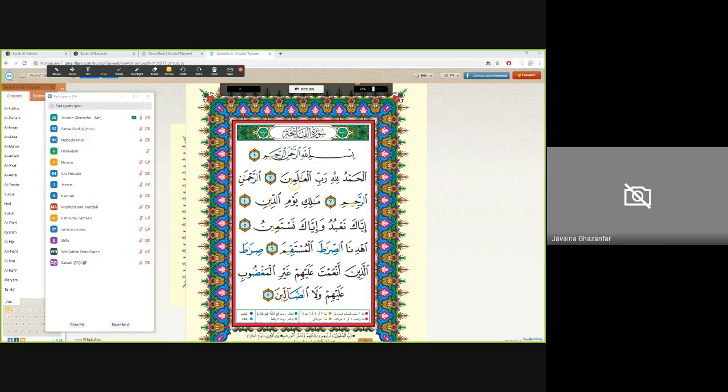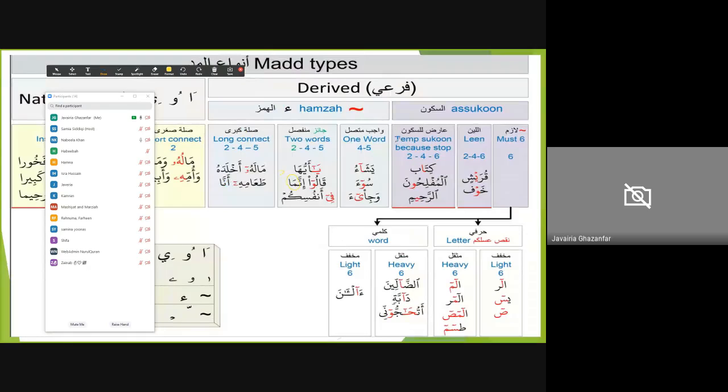Very good. So this meme kasra ya sukoon is a natural one. Very good. And if I put a temporary sukoon here, then what is this called? So if I have a natural mud and I put a temporary sukoon, then what mud is created? What is that mud called at that time? Can you see the screen?